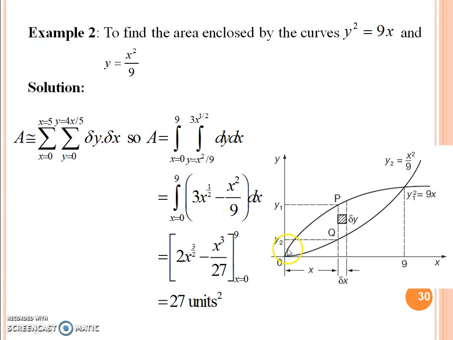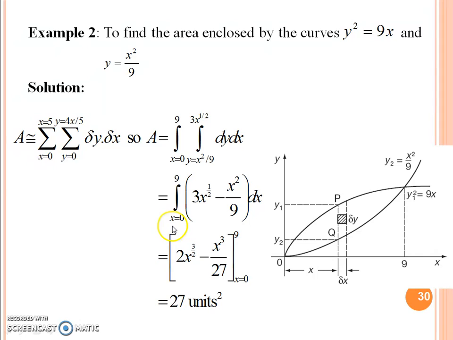Hence the upper limit of y is 3x raised to power half. Therefore the area bounded by this region is given by the double integral, x extending from 0 to 9 and y varying from x square by 9 to 3x raised to power half, dy